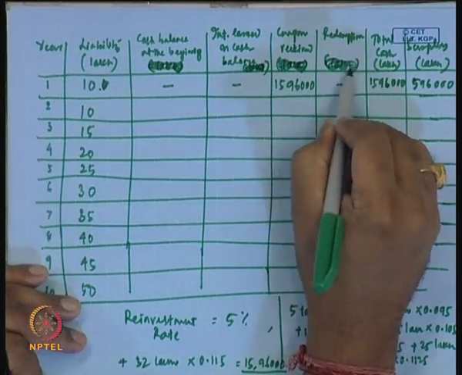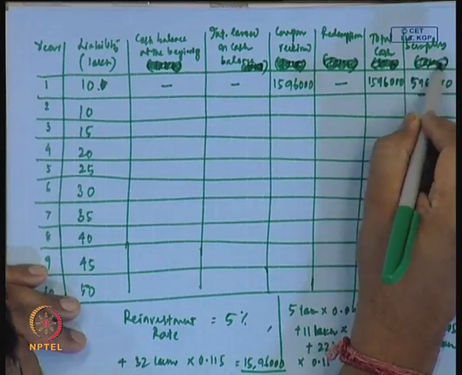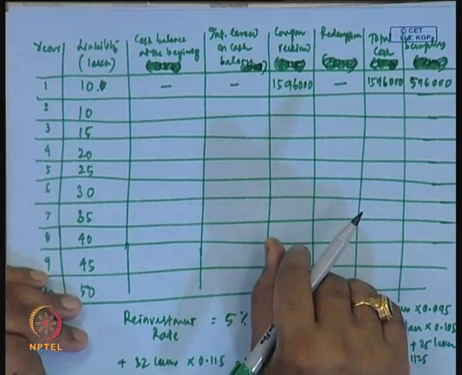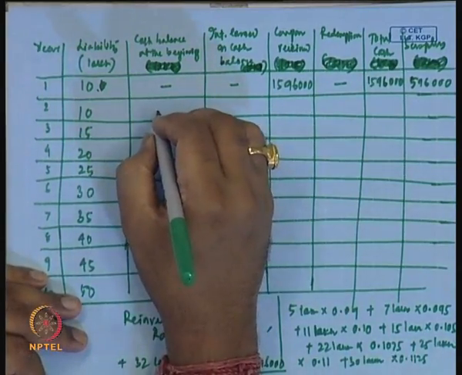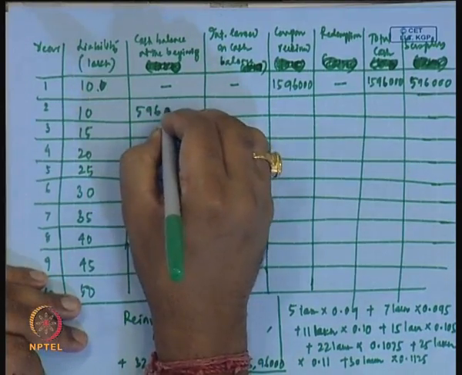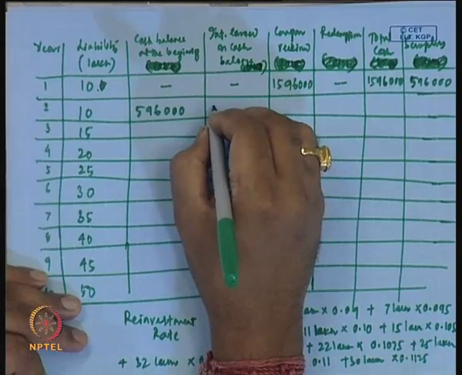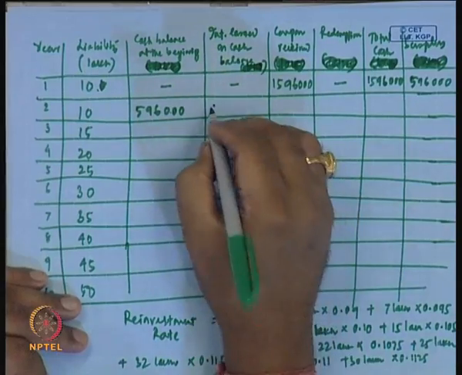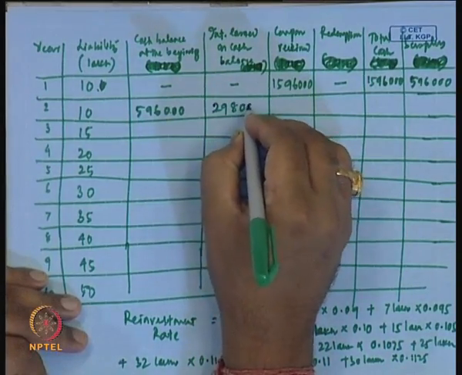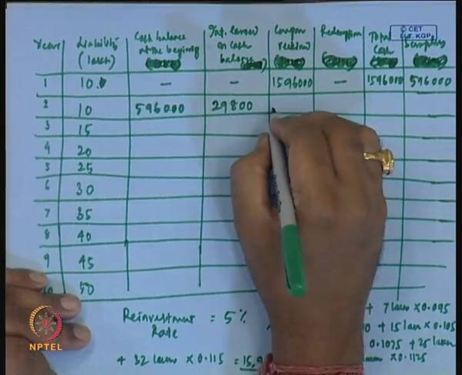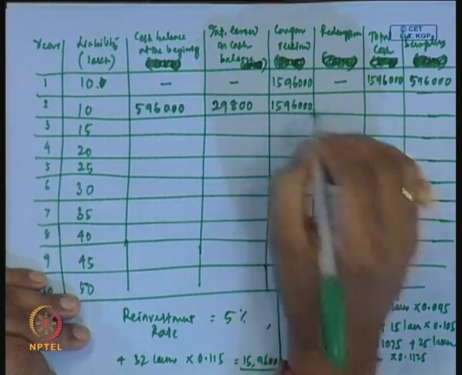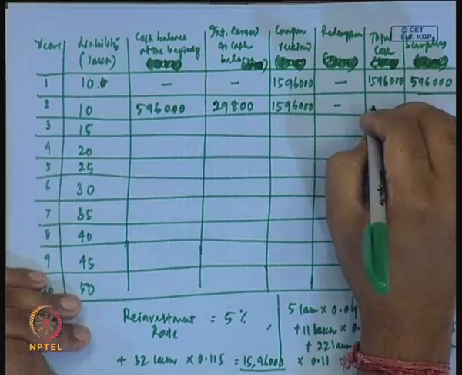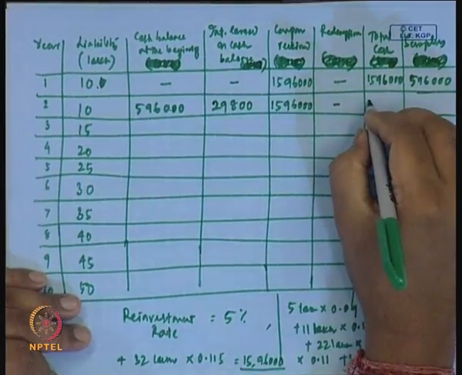Anyway, for the total figure we can write it, there is no need to write lakhs here. Okay, 5 lakh 96,000. Then in the second year you will have cash at the beginning of 5 lakh 96,000. Then you will have the interest earned, multiplied by 0.05, which will be 29,800. Then the coupon payment received is the same, 96,000, and there is no redemption, that is why it is 0. Then the total value is this plus this plus this,